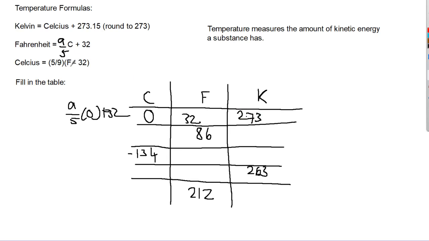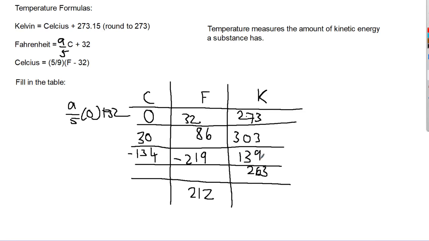Fahrenheit 86, you plug this in, 86 minus 32 is 54. 54 times 5 ninths is 30. And that is 303 Kelvin. Negative 134, you plug that into Fahrenheit. Negative 134 times 9 over 5, that is a naughty number. Negative 134, we're going to round it to the nearest degree. Over 5 is negative 241.2, added to 32 is negative 219. Negative 219. And Kelvin is negative 134 plus 273, which is